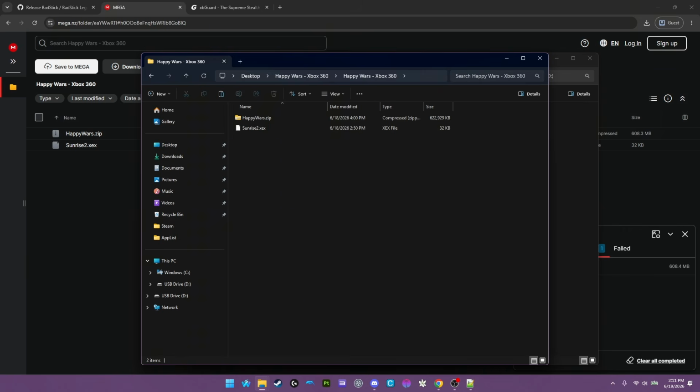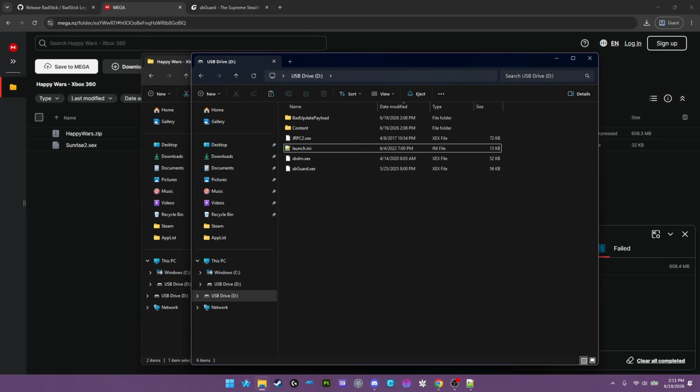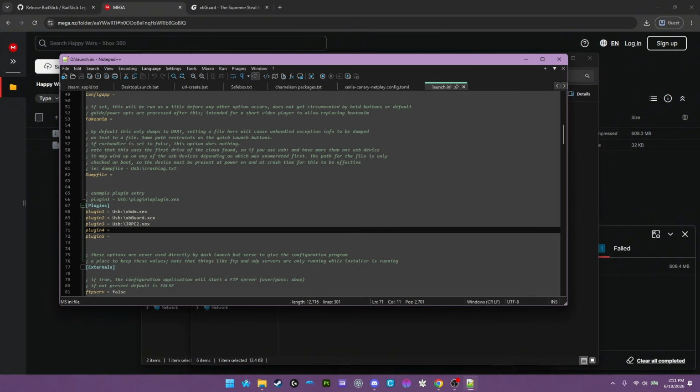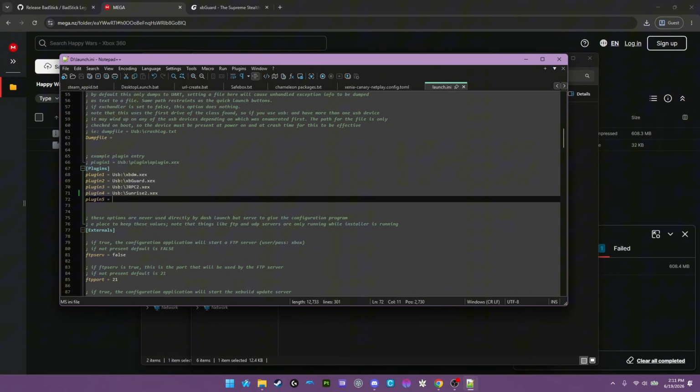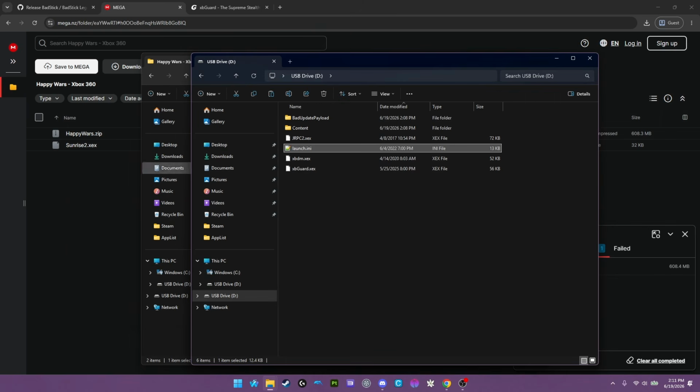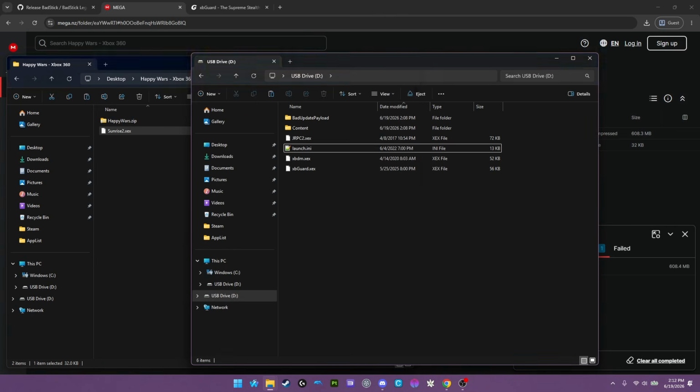Okay, that's extracted, and we're going to need sunrise2.xex, and we're going to need to go inside the launch ini file, and we need to type in USB and paste. Actually, I don't have a copy and pasted, so sunrise2.xex, and save as your plugins, and you can close. And you can also just drag this into the